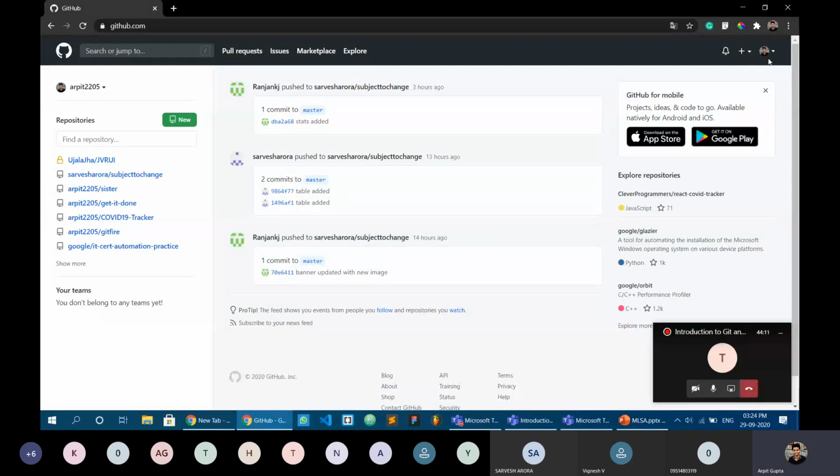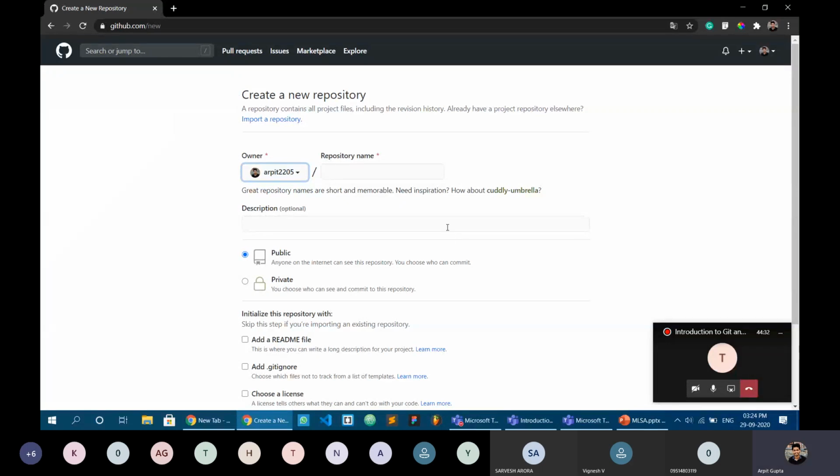As you can see, I'm right now logged in. If you are visiting github.com for the first time, I would request you all to make an account, and then you will see a page similar to this. Here you will see a green button which says New repository, which is used to create a new repository. So right now I'll be creating one.